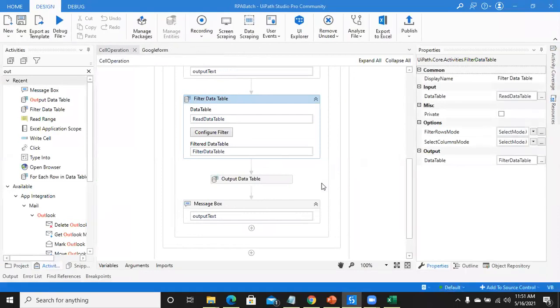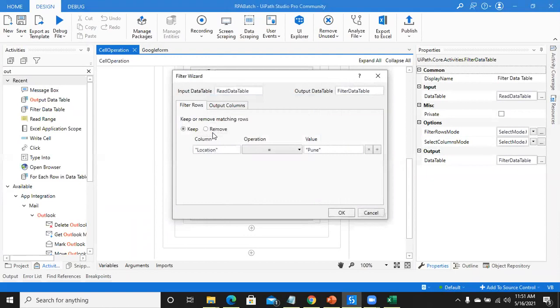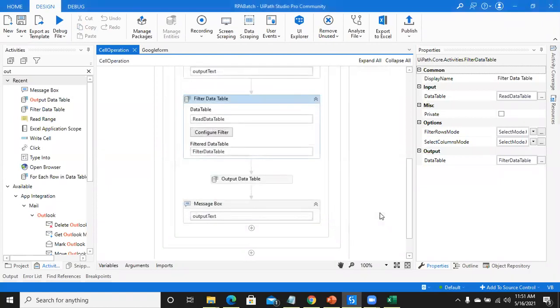If you don't want to include a column, you can remove it here by adding some conditions. Output columns: how many columns you want to write, you just give the names, which columns you want or which columns you want to remove. Here you can put the condition. Are you clear?